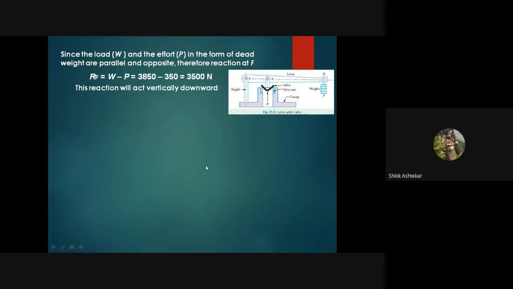Any other reason? Just tell me mathematically. Sir, W is in upward direction and P is opposite to W. So it is down direction. But see, net force is positive in this case. W is 3850, it is acting upward, and P is acting downward. So net force, RAP, is coming how much? If I apply summation Fy is equal to 0, then your equation is, let's say RF, we don't know the reason, we don't know positive or negative, RF plus W minus P is equal to 0. So that is RF.